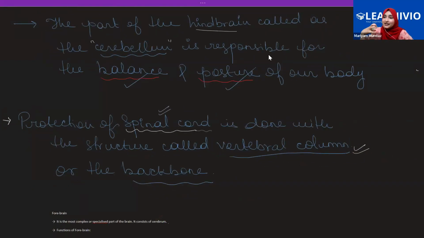Now, just like how the brain needs extra protection, so does the spinal cord. The spinal cord also needs that extra protection. So, in the case of the